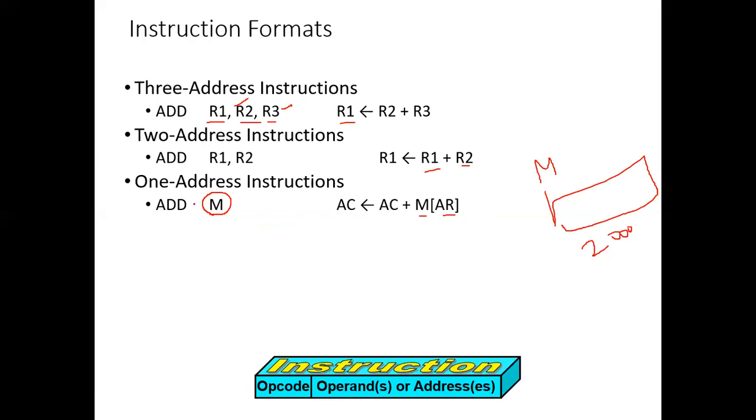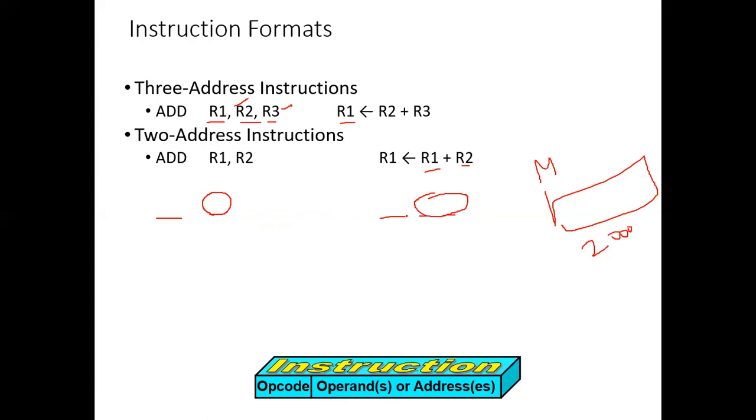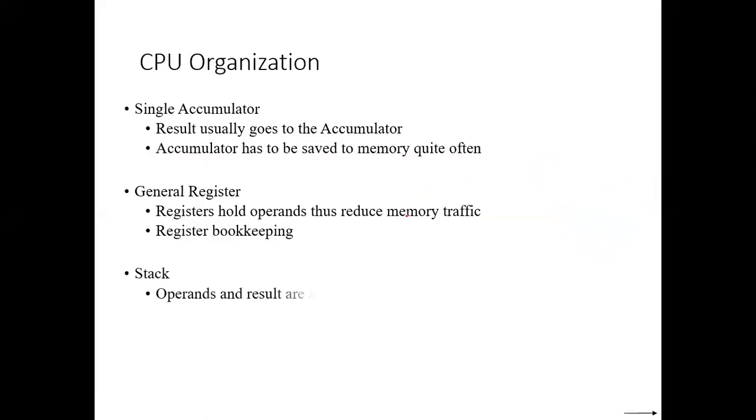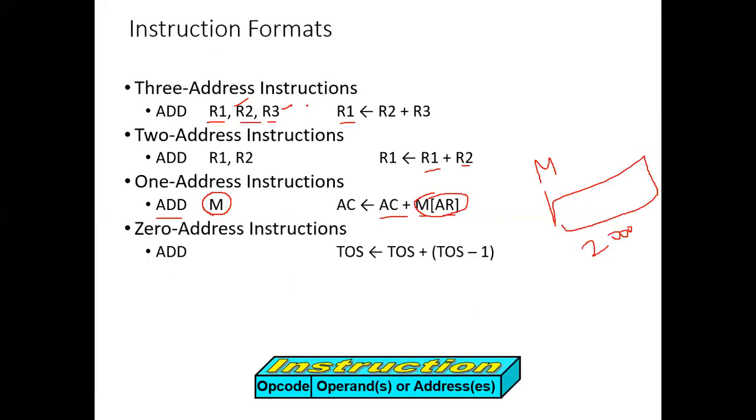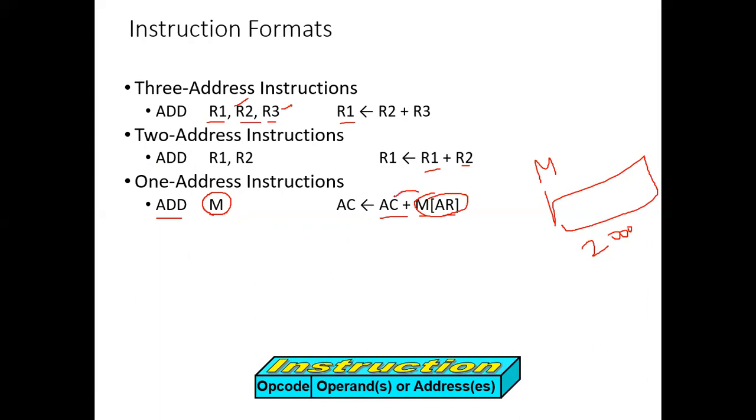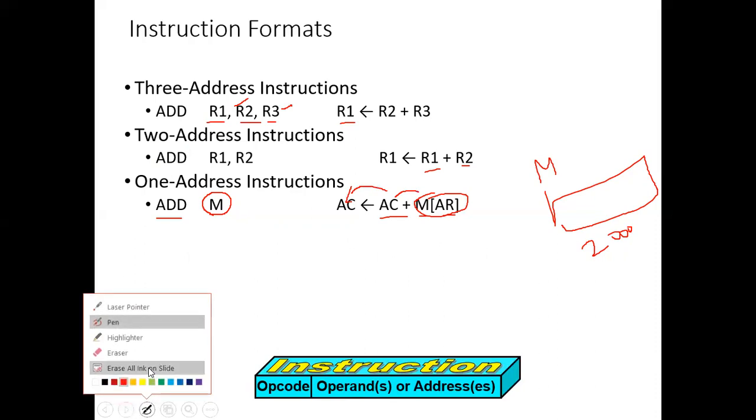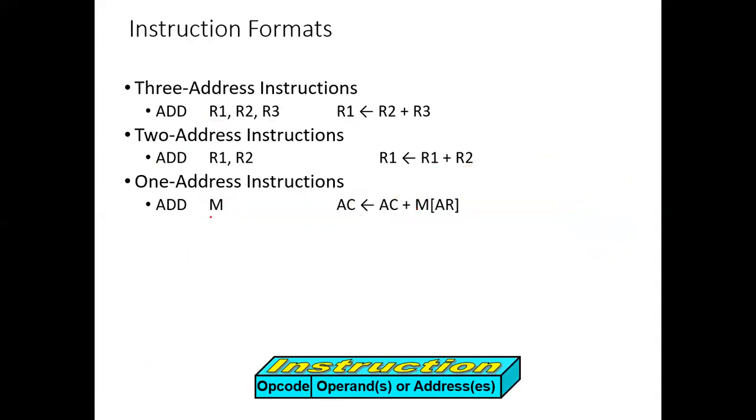Now you are giving only one operand, so it should be added with what? When you are not giving any other operand, then it is automatically added with the accumulator. That's what we discussed in the previous slide: the result will go into the accumulator. So this is an example of that case. Here you are giving only one operand and that is a memory location. The content of that memory location will be added with the accumulator and the result also will go into the accumulator. Such instructions are called one address instructions, since we are giving only one address of a memory location.